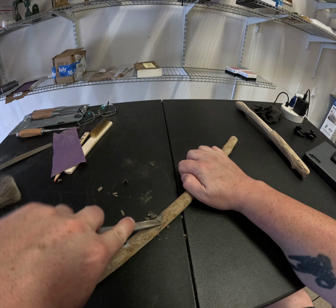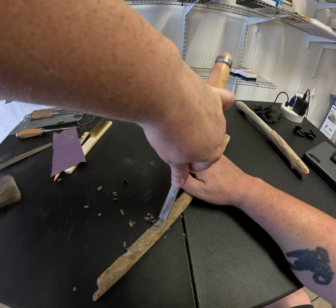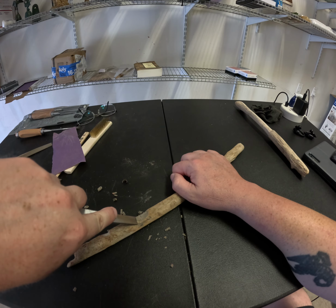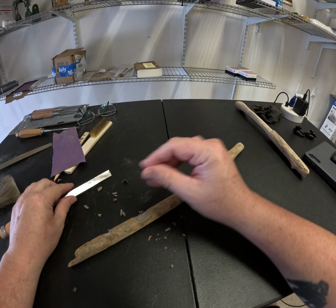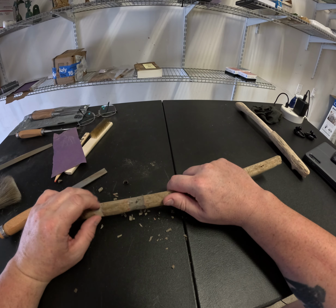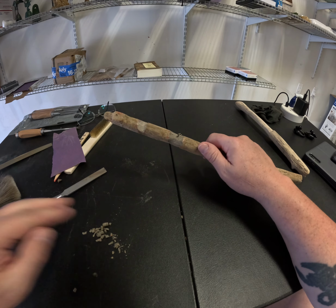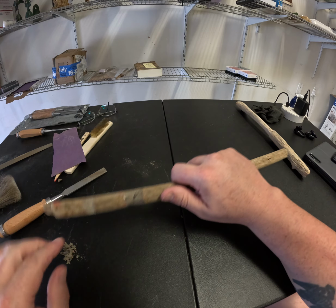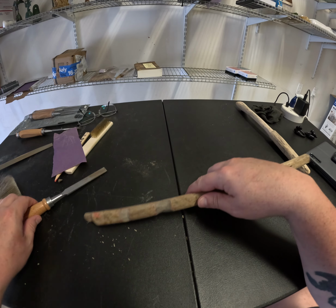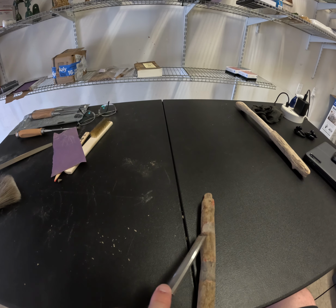Almost forgot about putting that pressure on. Easy to forget, isn't it? So one of the reasons why I'm doing it like this is that if I decide to take the finger in at all, then all I have to do is keep these same proportions. Do you see what I'm saying? So if I thin the sides, it's automatically going to thin this part, and all I have to do is kind of keep it proportional like here. Right, and now we're gonna